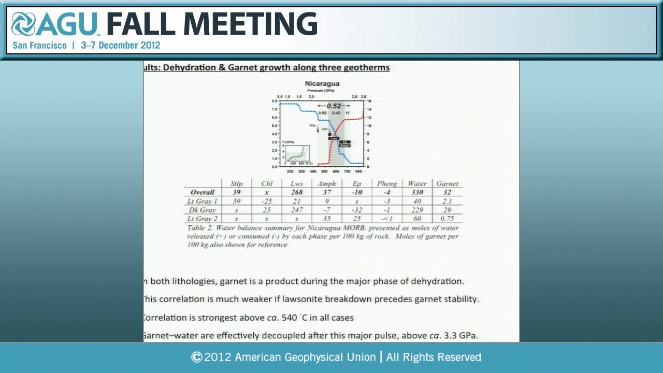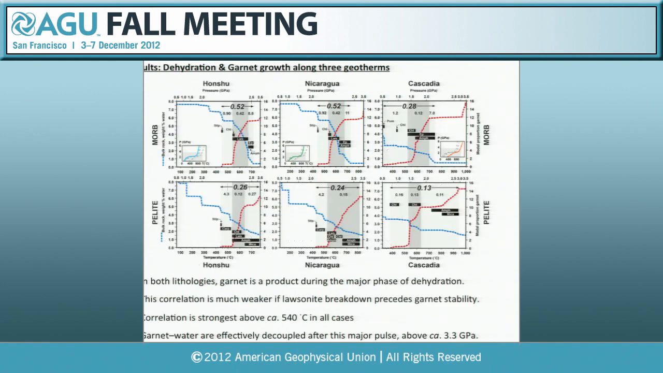Here we see the moles of water per 100 kilograms of rock and where it's sourced from across this bold line, which is this curve here. And we see that overwhelmingly the source of this fluid is lawsonite. So if lawsonite is breaking down to form garnet, we see a much stronger relationship than if it's not. But the correlation's similar in all cases. It's